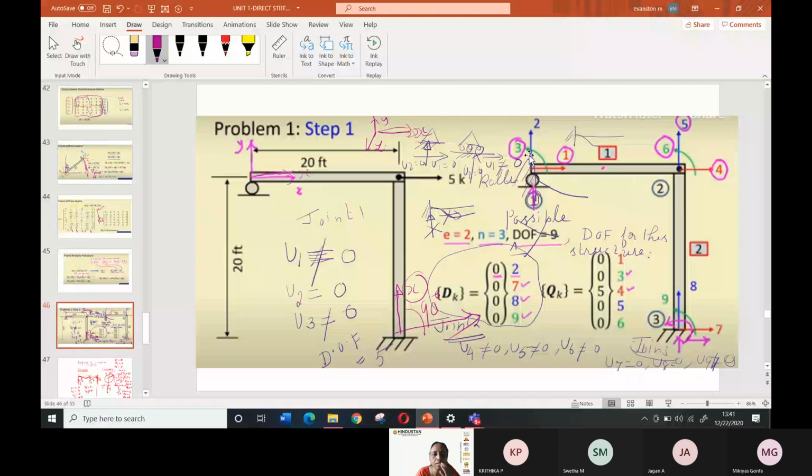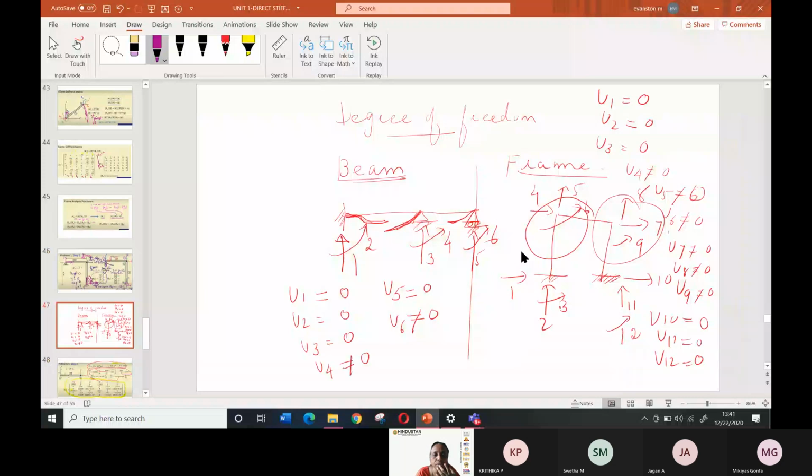this beam element. We will not consider the horizontal forces. So if you are considering the beam element, the numbering should be vertical is 1 and rotation is 2, vertical is 3 and rotation is 4, like that we have numbered. In this case we are not considering the horizontal effect, the shortening or elongation effect of the beam, which will be negligible. But in the case of frame, the frame will sway, so horizontal effect will be there, that I explained